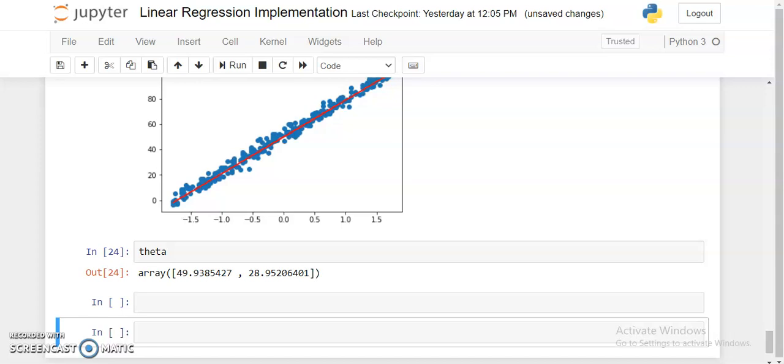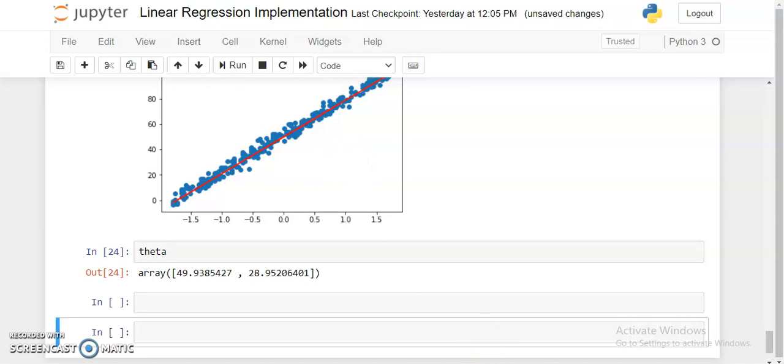In the last video we saw the linear regression implementation using gradient descent. In this video we're going to visualize the loss function on a 3D surface. There we're going to use the 3D surface plot and the contours, and we'll see how changing the theta values affects our loss function, and whether we are approaching the local minima or not.